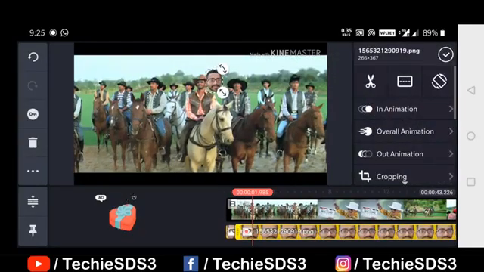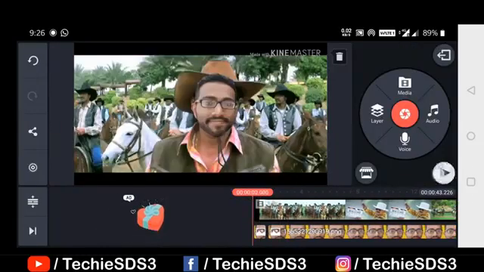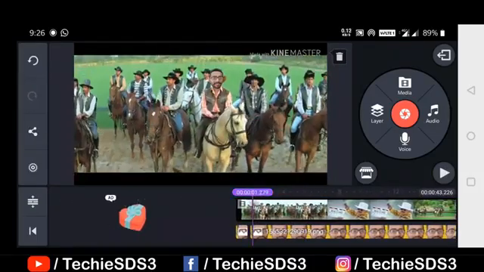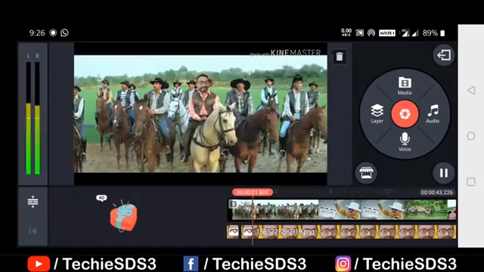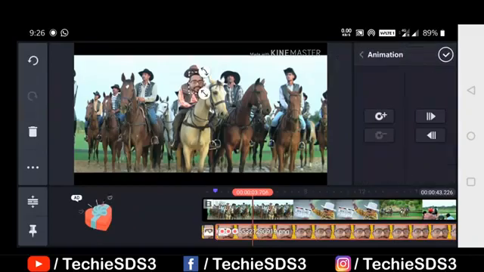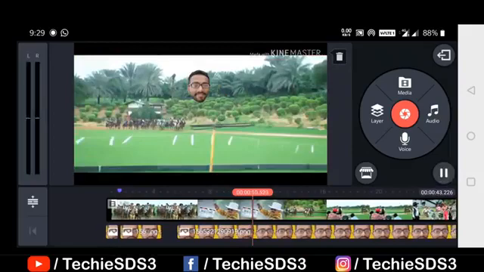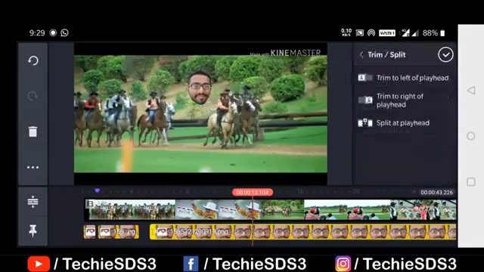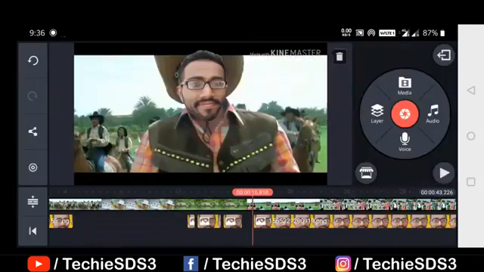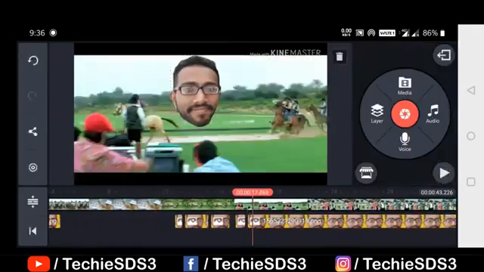Then here the scene ends. Then this is the second scene. So here also edit like this as you can see. The camera is moving downwards, so you have to move your second image upward to match with the face. So that work you have to do here. So like this guys, manage all the scenes here. Use the key button to adjust the animations, and you can trim out the unwanted scenes like this. Whenever Nana Patekar's face is not there in the scene, you can trim the second image. So like this you have to use the KineMaster tool to adjust the face according to the background scene.